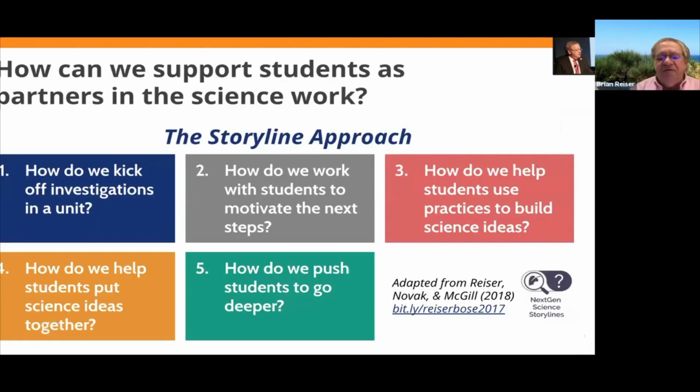So we summarize this in a label we call storylines, and this builds on work from the Next Generation Science Storylines Project, from the Inquiry Hub at the University of Colorado, from Project-Based Science, and lots of other influences. And in order to do this in a systematic way with kids, we think about 5 questions. And today what we're going to do is take each of these in turn and talk through some strategies for working with these questions. And just to give you an advance organizer here, we have to figure out, how do